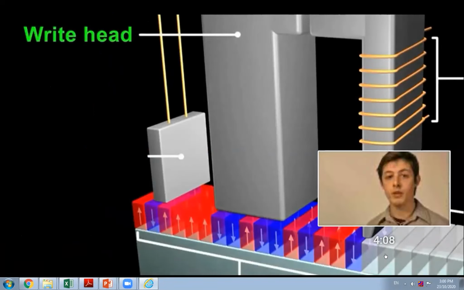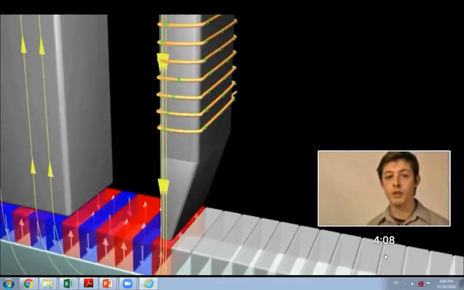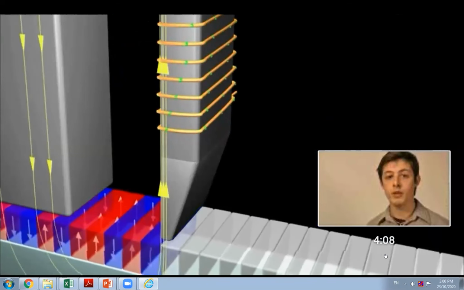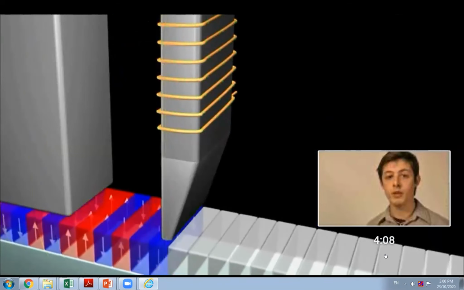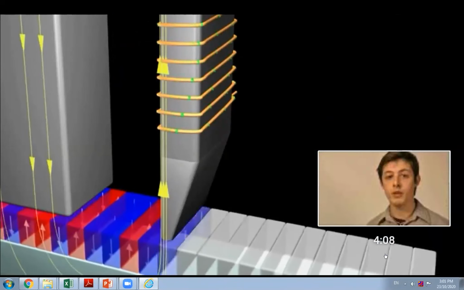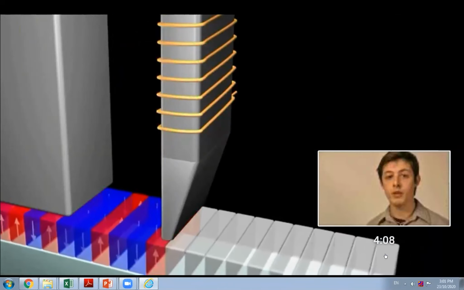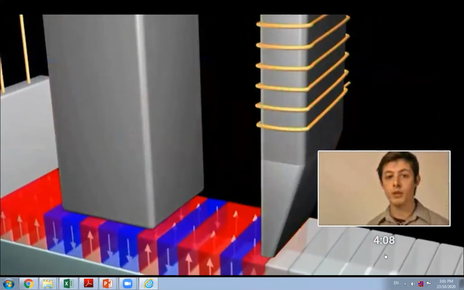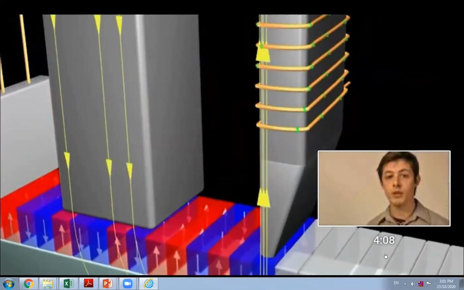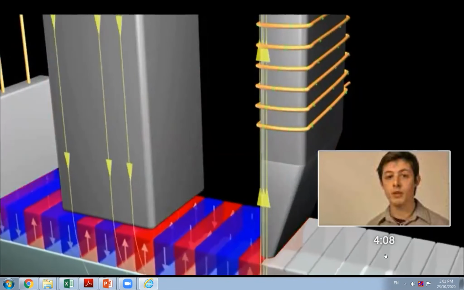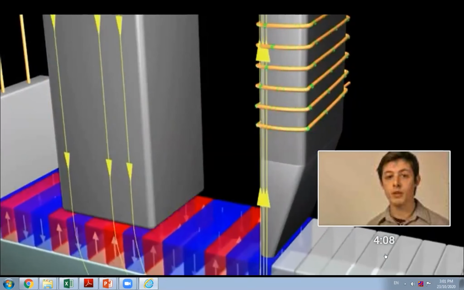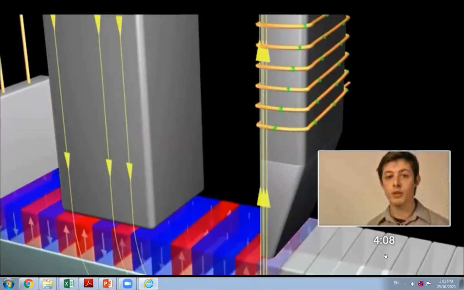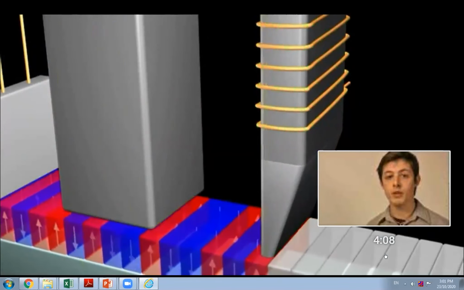The write head is basically an electromagnet with a core appropriately shaped like this to direct the magnetic field into a bit and magnetize it as it passes by. It can magnetize a bit as a north facing up or a north facing down, simply by changing the direction of the current in the coil. As you may remember from the earlier sections, reversing the direction of current in an electromagnet results in reversing the direction of the magnetic field.